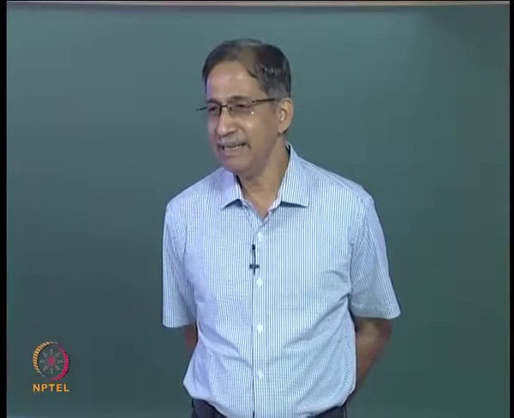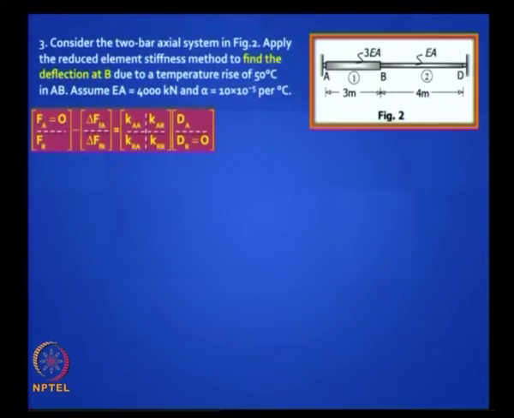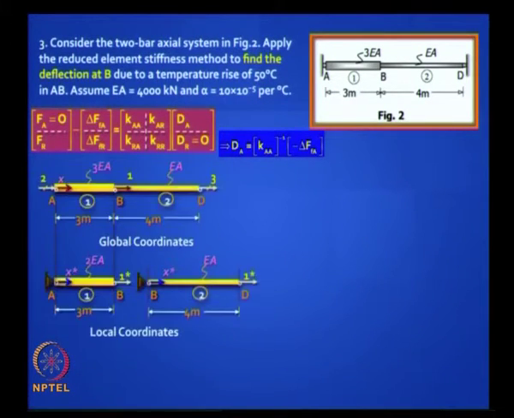This we have done earlier, so you should have cracked this. First of all, try to minimize your work. You need to realize you need to find only KAA and delta FFA because there is nothing else involved. So what is the size of KAA matrix? 1 by 1. So you really do not need to even bother about the restraint coordinates. You could have managed with 1, but okay, since all of you, in fact there is no one who took only 1 coordinate, so let me also follow your example.